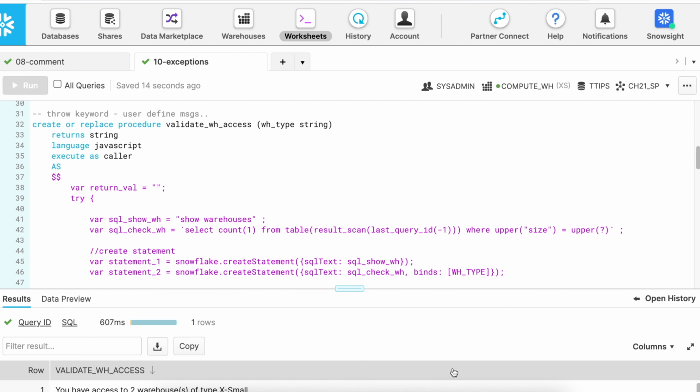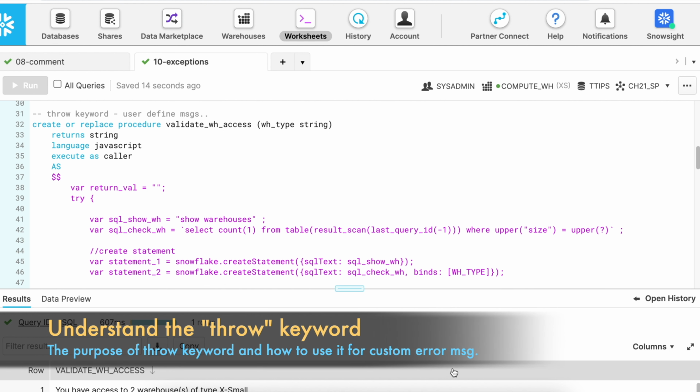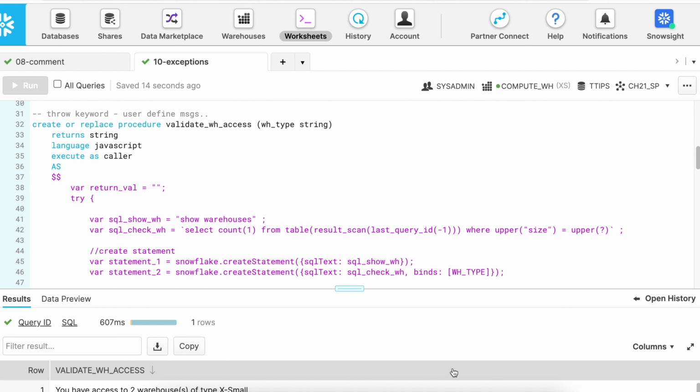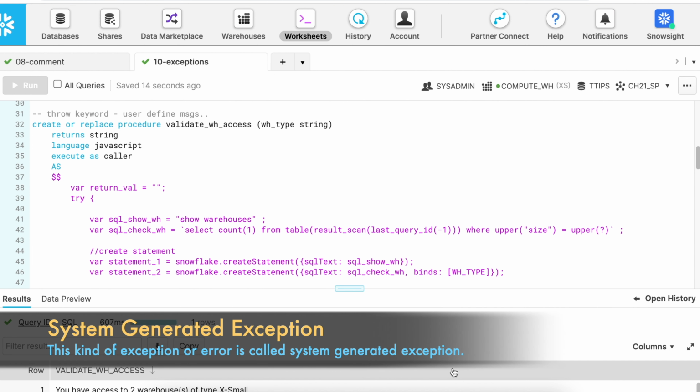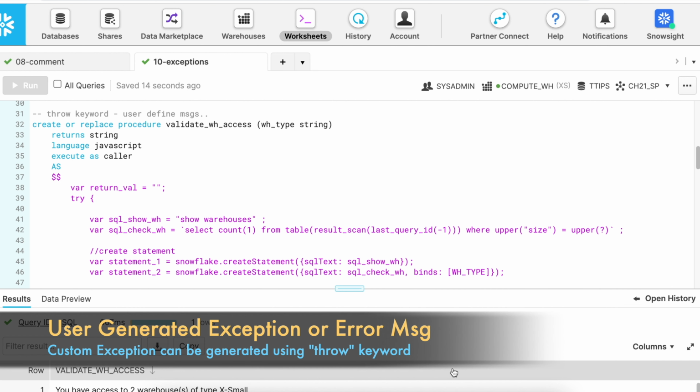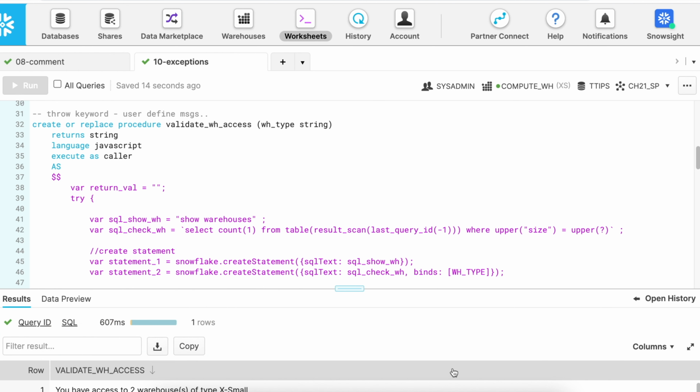Let's say I have another requirement where I have to throw a custom message and drive my flow or the return value. In that case, we can use a keyword called throw and give a custom message. In the previous example, it was a system error based on the compilation issue, and we do not have control over the messages created by Snowflake. But in this example, we will try to understand how you can create a custom message and give it back to the caller or a user who is invoking that stored procedure and might have given an invalid, not acceptable input